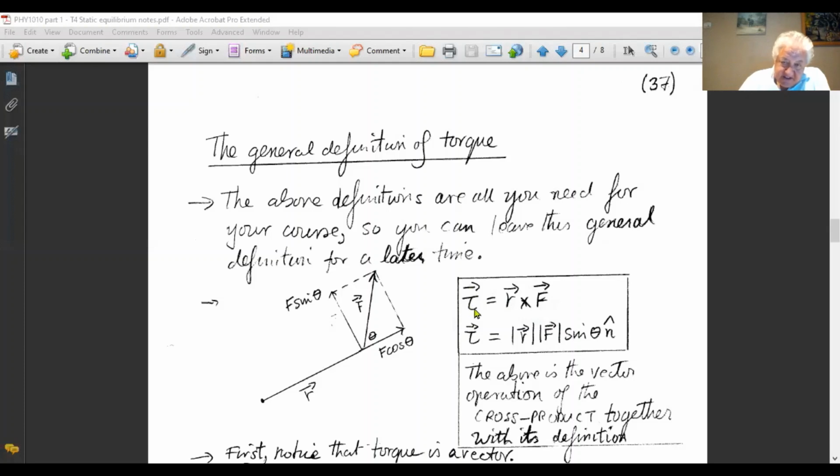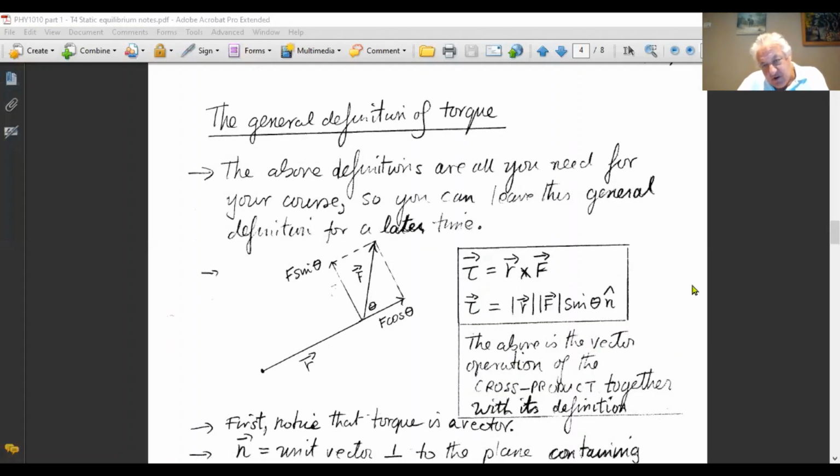Torque then is here a vector. In the work that you're going to do, you don't need this general definition, and you don't have to worry about torque being a vector. You just need to understand it as a turning force. In other words, the definitions above are all that you need. I'm including this for those of you that have an interest and those that may go on to do physics